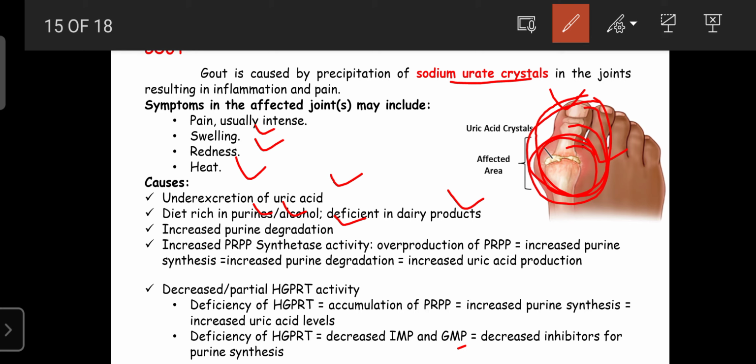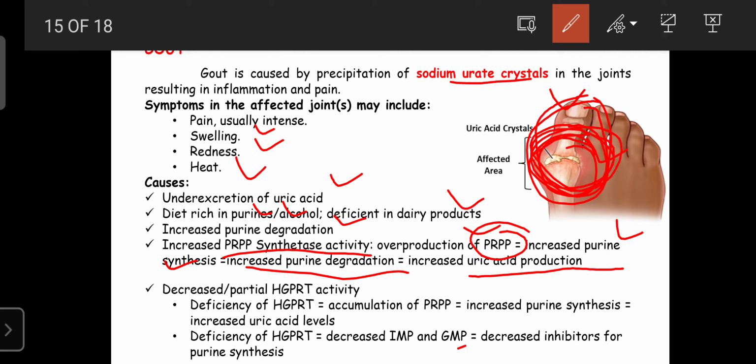Another is increased PRPP synthetase activity, which is also one of the risk factors for gout, because that enzyme increases the production of PRPP, and it also increases purine synthesis because it is a basic molecule required for purine as well as pyrimidine synthesis. As the synthesis increases, the degradation also increases. As the degradation increases, there is an increase in uric acid production, which accumulates and can cause gout. Then, the partial